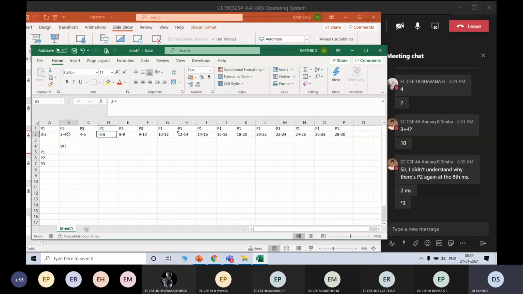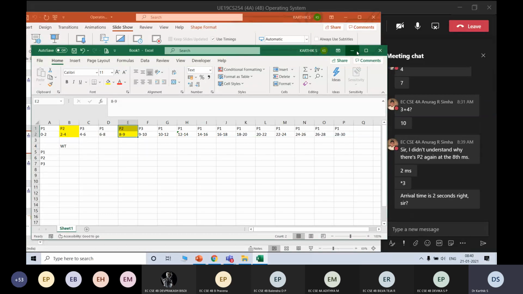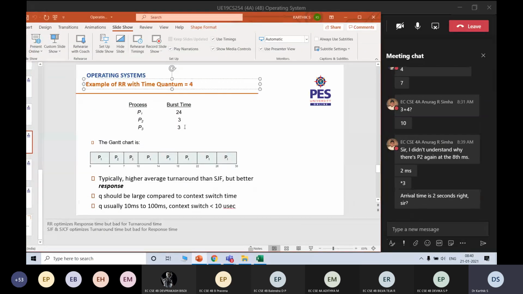And when you gave access here, P2 executed for 2 milliseconds. So out of the required 3 milliseconds, it completed 2 milliseconds. That means something is left, right? So it has not done the entire quota. That's why we give the required 1 more millisecond here. So put together, now it has executed for 3 milliseconds. This problem did not come in the earlier one because our time quantum was 4. Within that itself, P2 and P3 were able to complete, so they did not require any extra time over there.